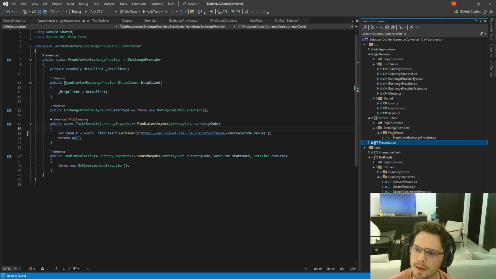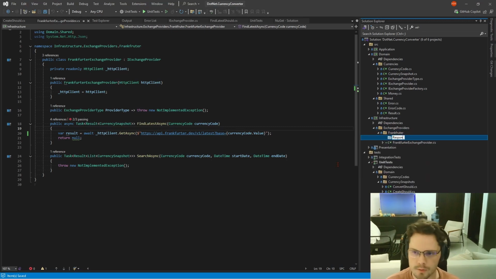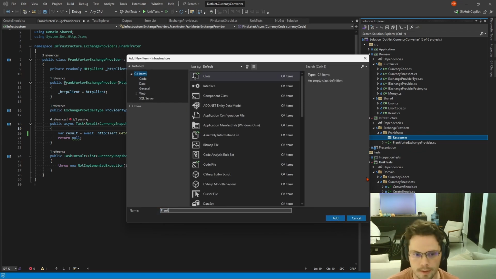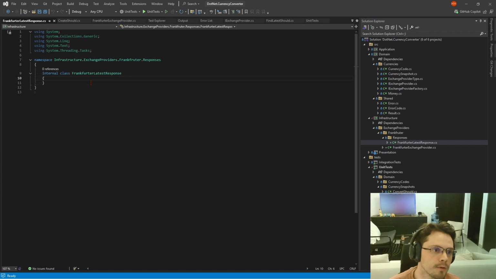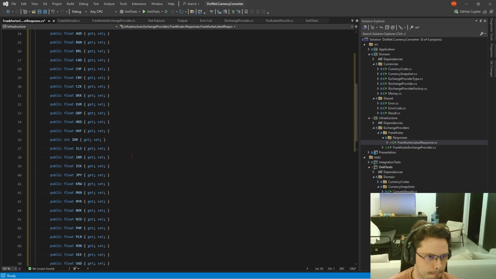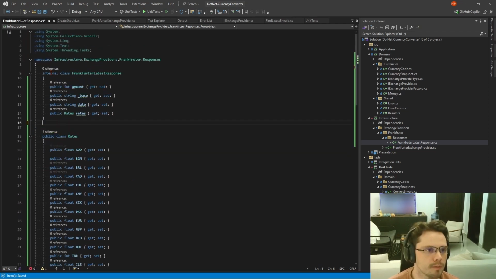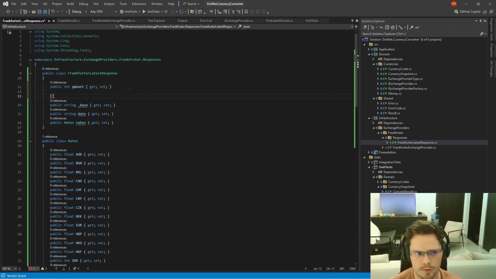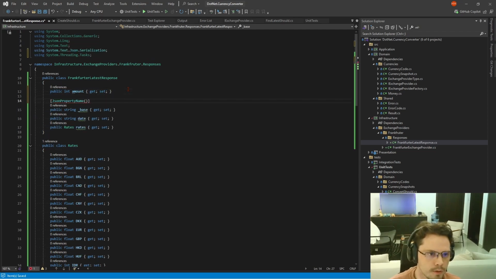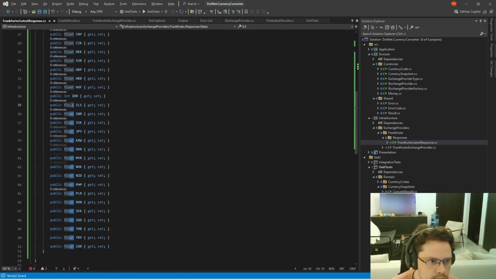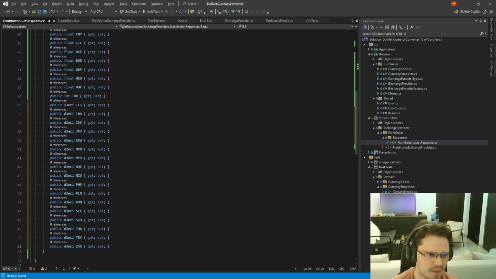And here I'm going to add a new folder called Responses. And here I'm going to add a new class, FrankfurterLatestResponse. And here I'm going to do this fun little thing: Edit, Paste Special, JSON as Classes. And now we have pretty much got what it needs to return, although this is not named correctly for C#. So let's fix the naming, and this we're going to say is called Base, and then these are all fine, but I don't want floats, I want decimal,